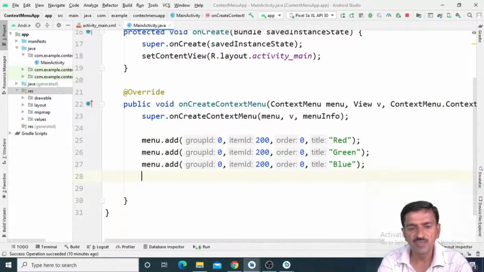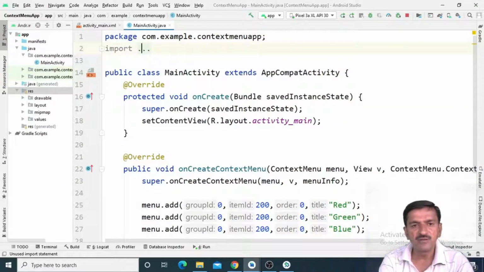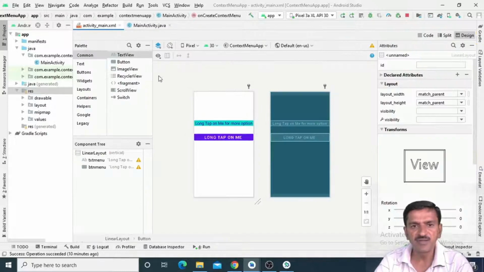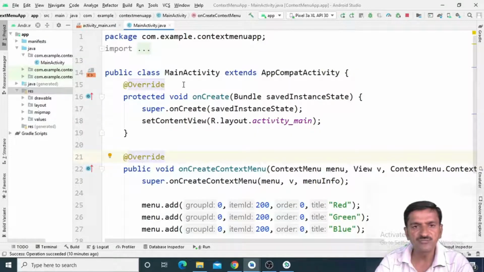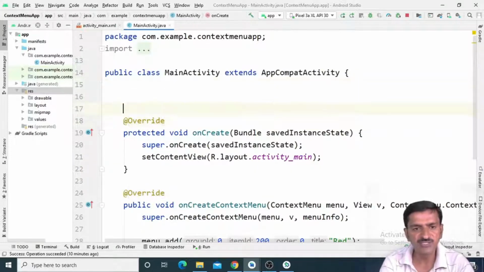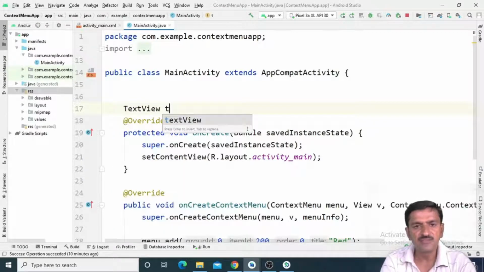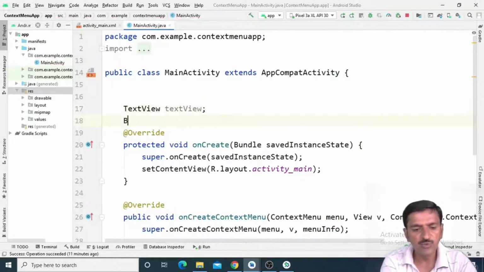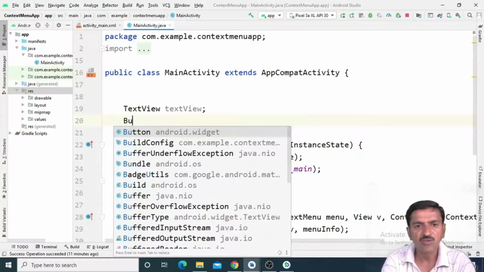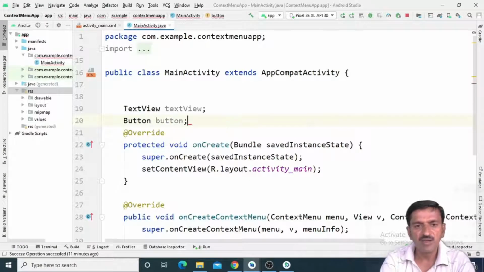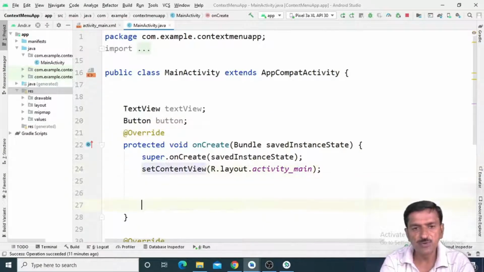Then I want to add the context menu for this button and text view. So for that, I need to initialize the objects first. I'm going to create the object of TextView, and then I'm going to create the object of Button, and then we need to initialize these objects.